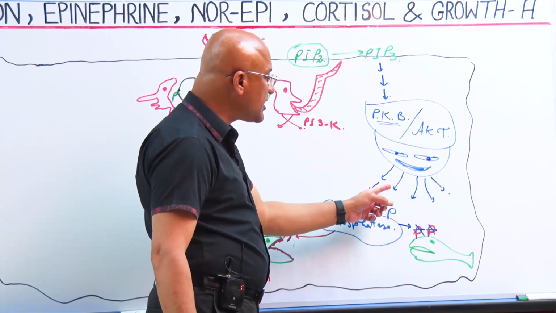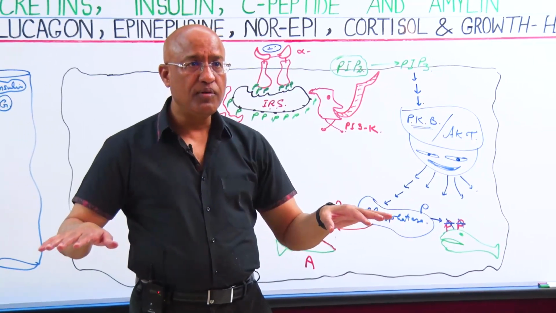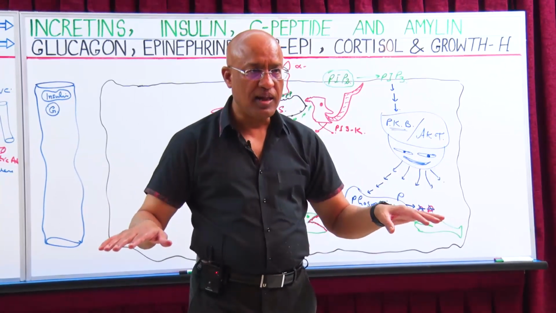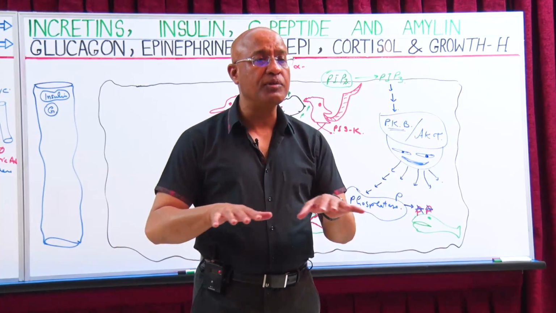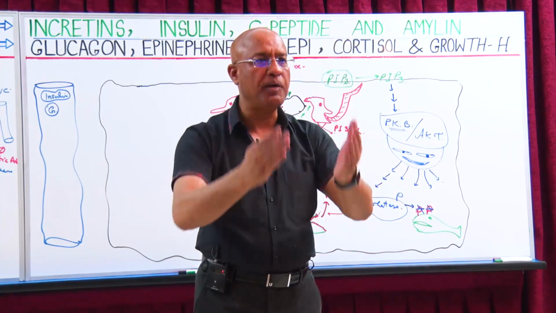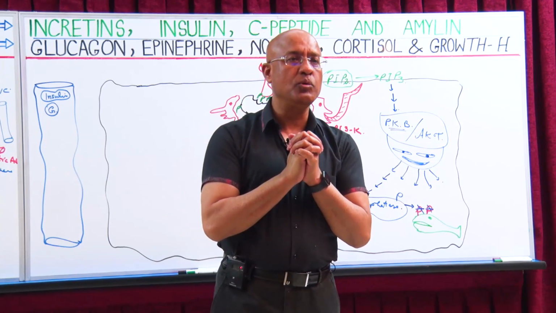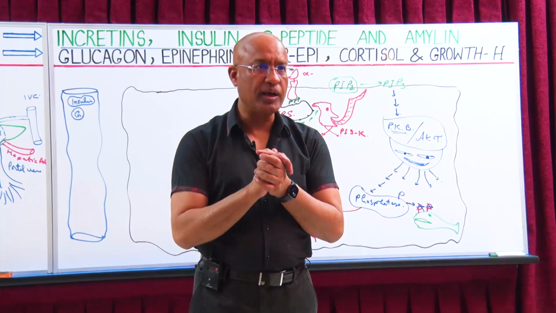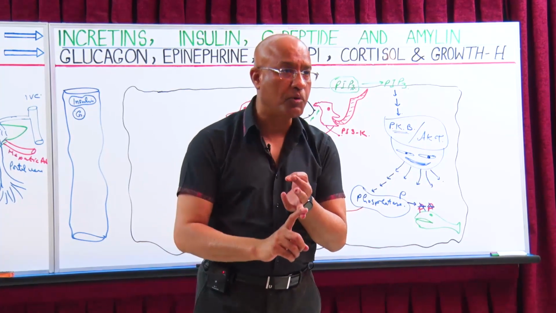This pathway basically gives very complex signals of phosphorylations and dephosphorylations of different proteins. And if those different proteins are enzymes, then those enzymes undergo altered function. And when they undergo altered function, the metabolic pathway will alter, right? So how is insulin able to alter so many different metabolic pathways? It changes the carbohydrate metabolism, it changes the fat metabolism, it even has an effect on the protein metabolism.